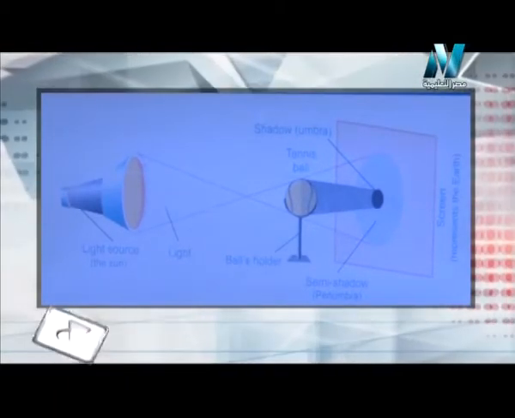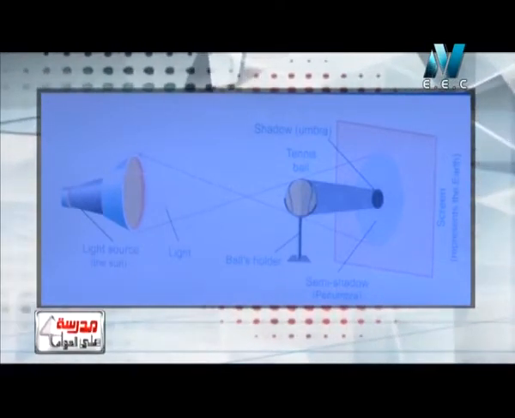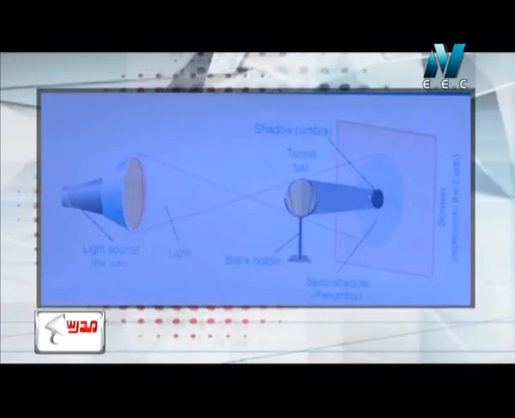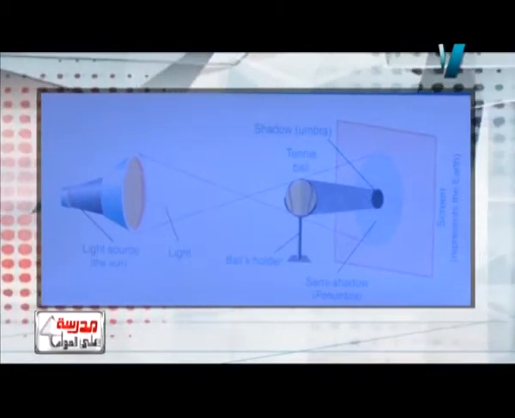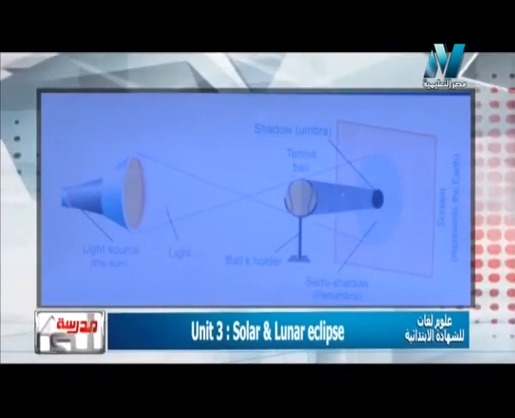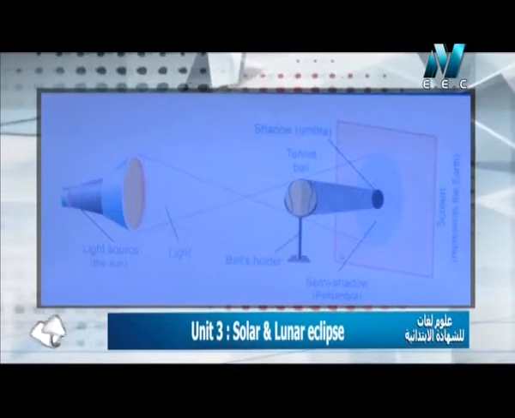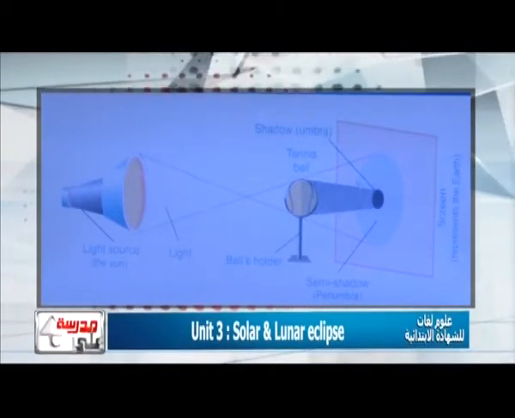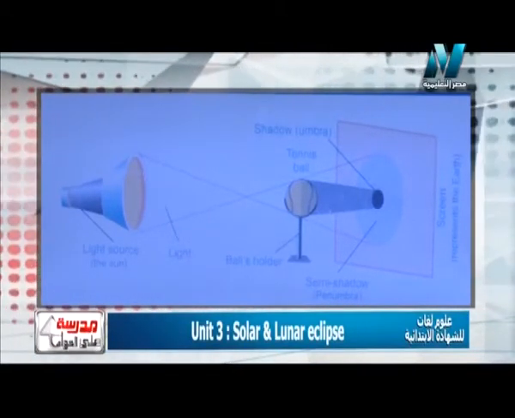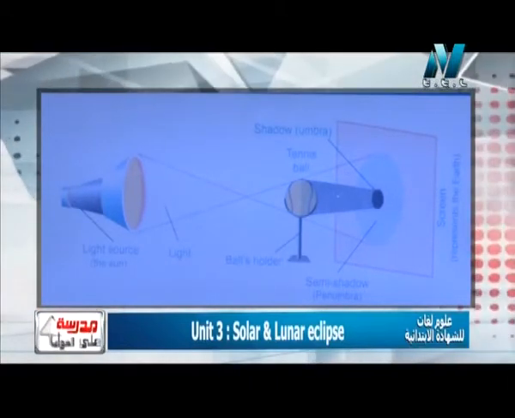Okay? When the light rays come in a straight line like this, I will have three areas as I said. Umbra area, منطقة الأمبرا هي المنطقة اللي بتبقى very dark. Umbra area is a very dark area, and the penumbra area will be faint shadow. يبقى عندي three areas, ثلاث مناطق. One is called umbra and it's very very dark, and the others are called penumbra and they are faint shadow